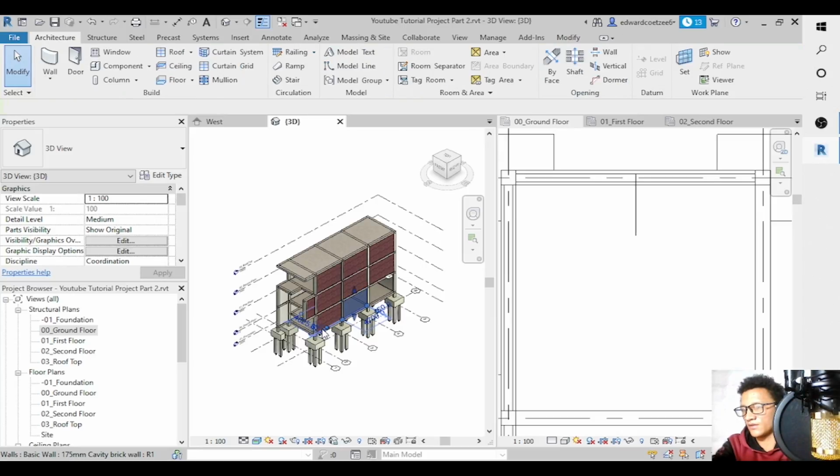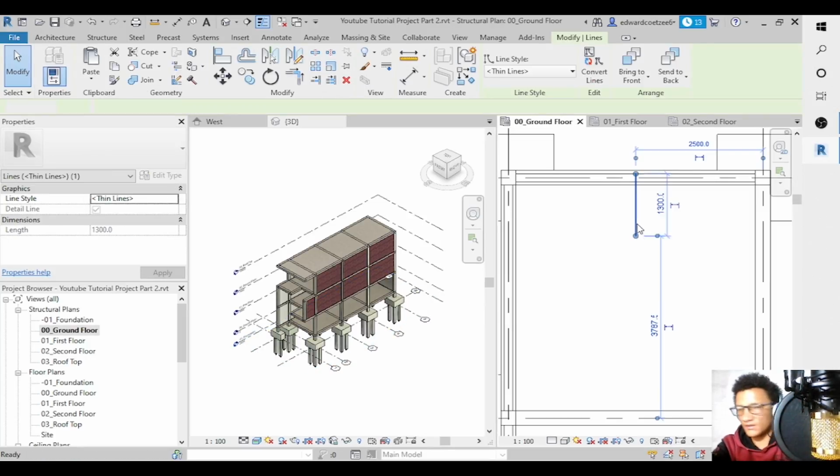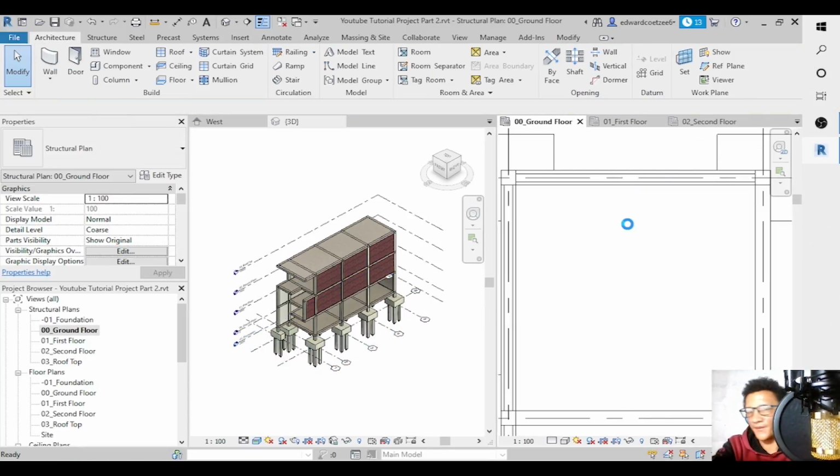So let's just get rid of this, I don't want this, those walls should come out there. So basically just delete this line, you have that, and then after that what you want to do is you want to start inserting your glass